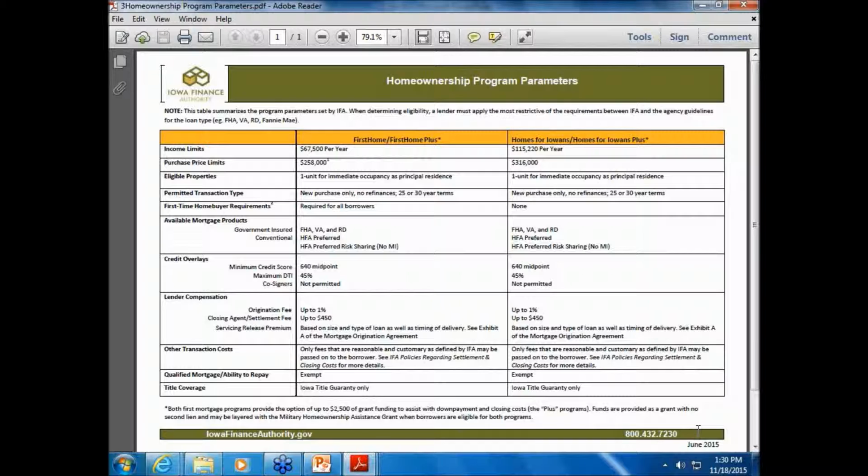When you look at our interest rates, you'll notice that our First Home has a deeper subsidy. We subsidize that program more deeply because it's targeting some borrowers with lower incomes and potentially lower assets. As a mission decision, we are able to subsidize that program more. So you'll see potentially a higher value in using financing through the First Home program because there would be a lower interest rate. And more recently, you would see today, in fact, that our First Home Plus, which is our down payment assistance program and has a slight premium on the interest rate, that difference is less for First Home to First Home Plus